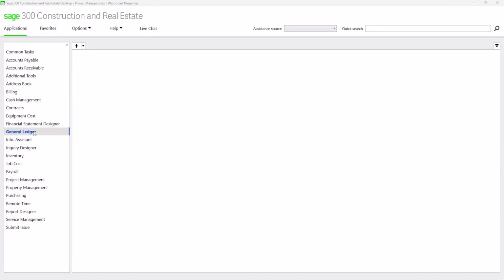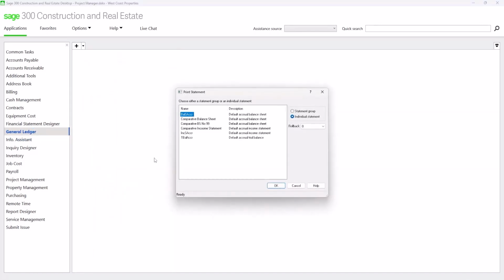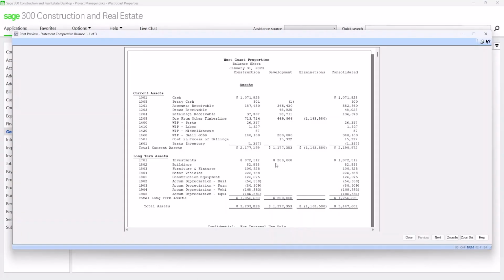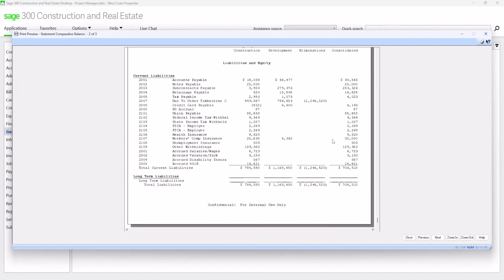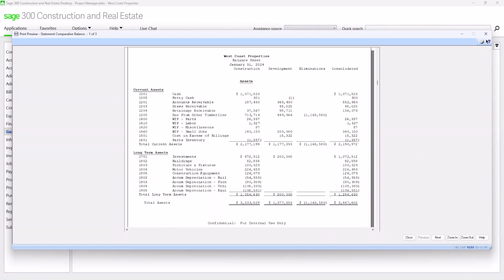So when we run financial statements now with a little bit different layout, we're going to run a balance sheet that will include the elimination entity. You'll notice now that we have 4 columns: construction, development, eliminations, and then consolidated balances. You'll see that the due from interco account has been eliminated here, reading 0 on the asset side, and the same thing would be on the liability side. Due to would be eliminated through the elimination company, giving us a clear ending balance in the consolidated column.